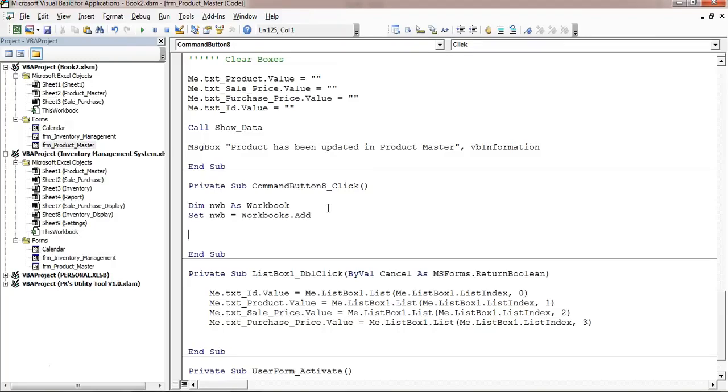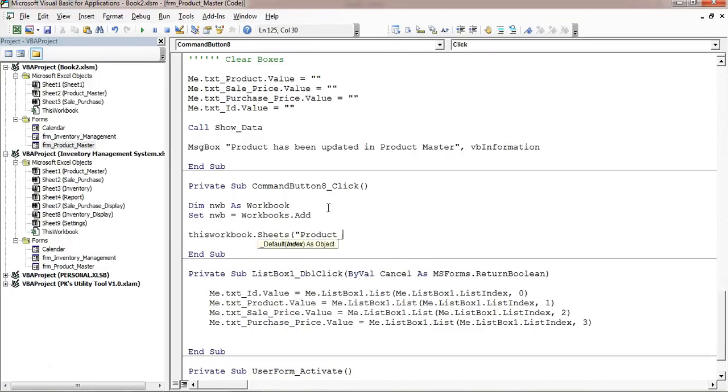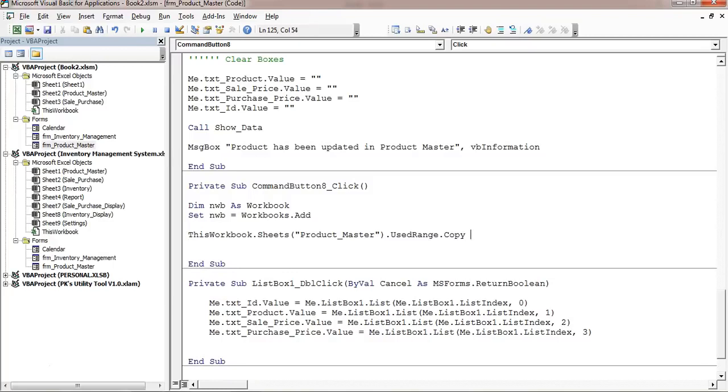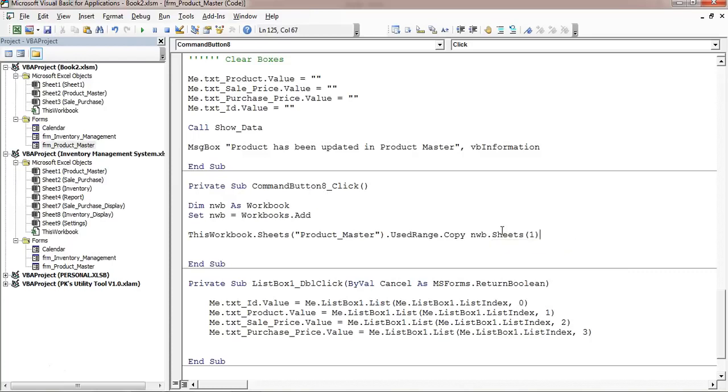So I will use here ThisWorkbook.Sheets product master.UsedRange.Copy, and we will copy this to nwb.Sheets first sheet.Range A1.